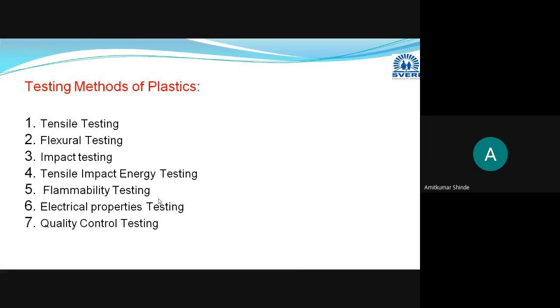Okay, now I will start within a few minutes. Before that, I will try to summarize or revise what we have discussed in the last lecture. In the last lecture, we studied the concept of monomer and polymer, and after that, we discussed the polymerization concept along with its brief classification. And in that, we studied addition polymerization, condensation polymerization, copolymerization, and